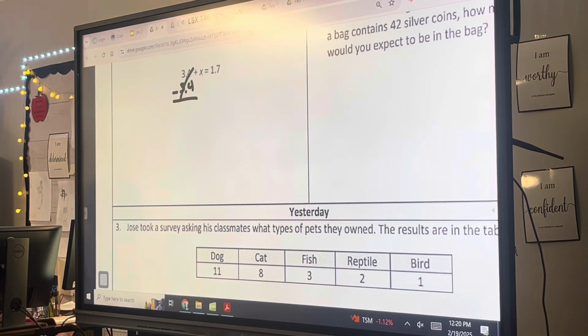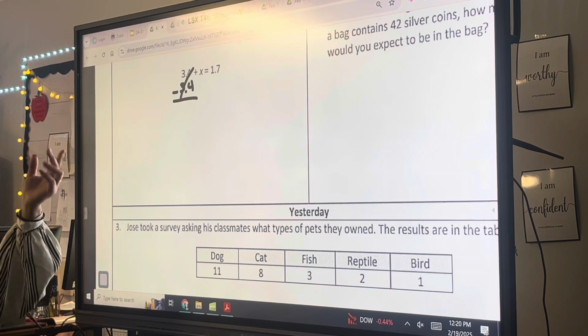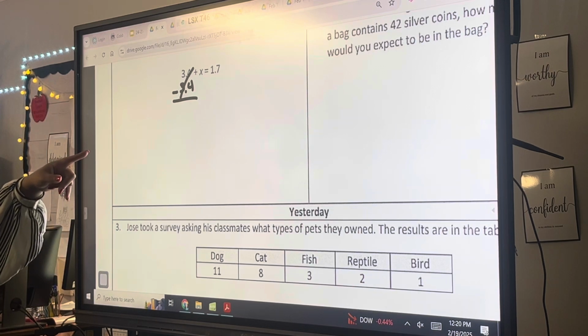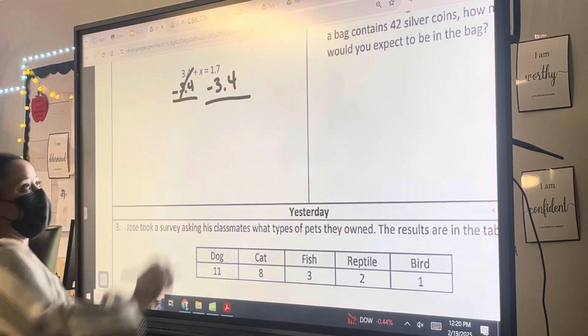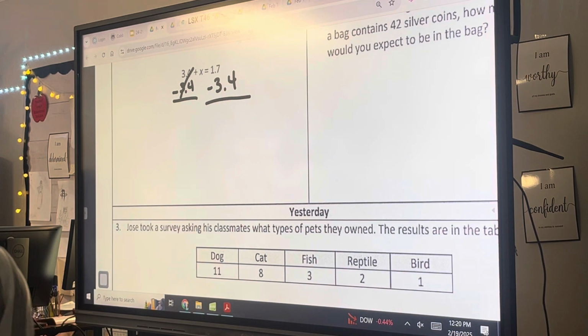So write this down if you did not already. Whatever we do to one side, because it's like a scale, that equal sign is the balance scale, we have to do to the other. So if we take 3.4 away from this, we have to take 3.4 away from the other side. Now we have 1.7 minus